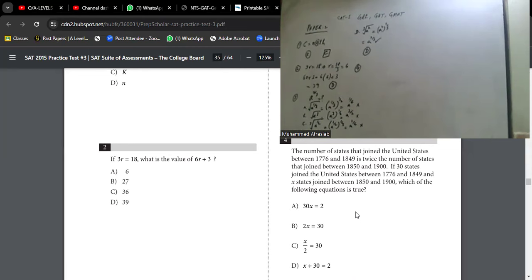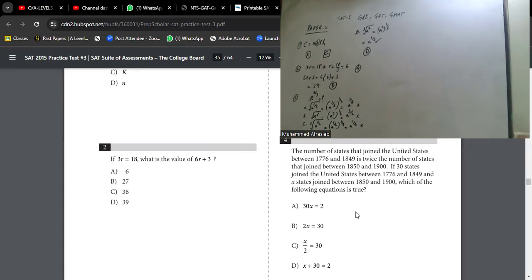Question number 4. The number of states that joined the United States between 1776 and 1849 is twice the number of states that joined between 1850 and 1900. If 30 states joined the United States between 1776 and 1849, and X is the number of states that joined between 1850 and 1900, then which of the following equations is true? We know that